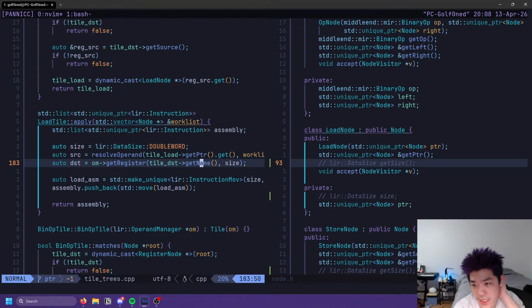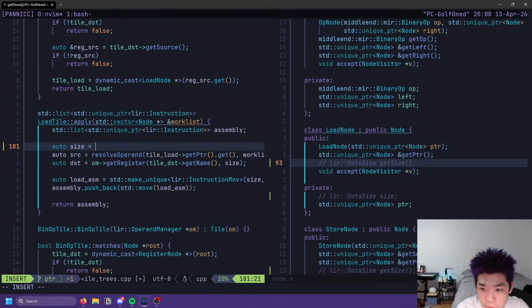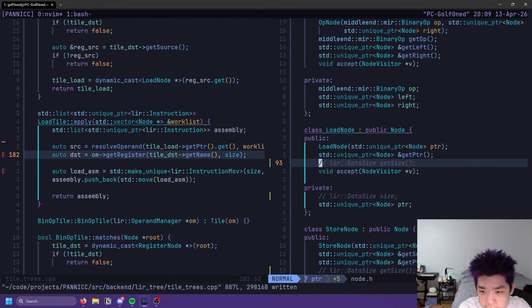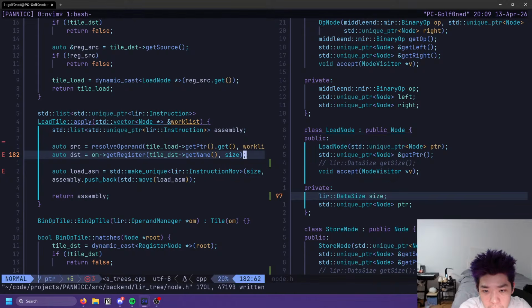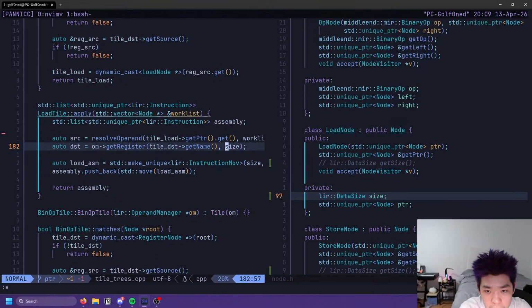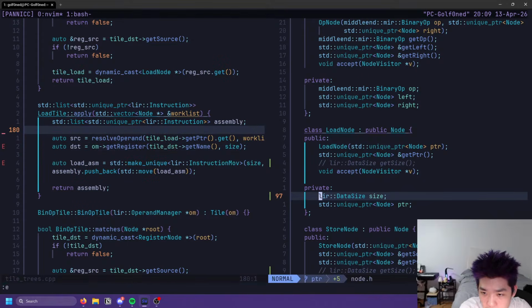Okay, so this does need a size, at least. Unfortunately. So we should just do size, I think. Or actually, we could just keep size like that, right? And that becomes a field. Right?